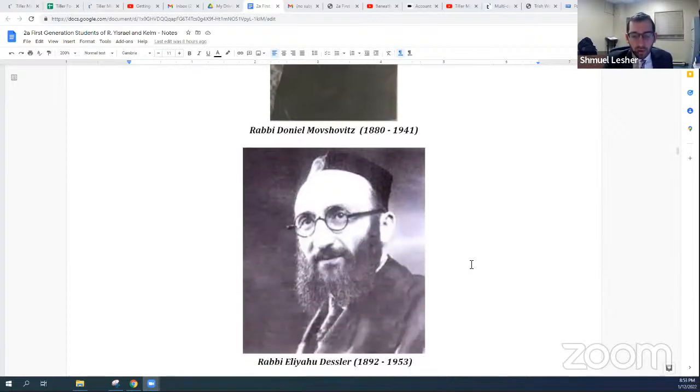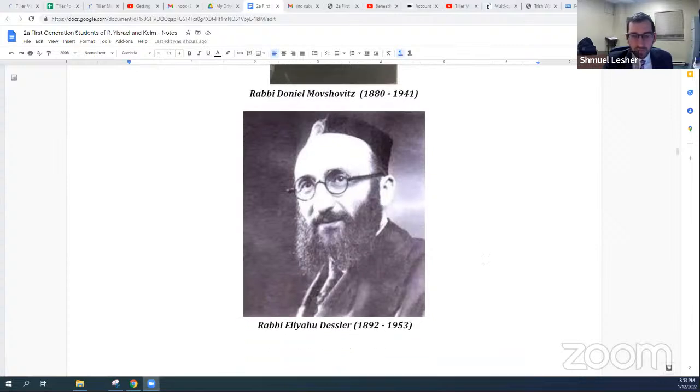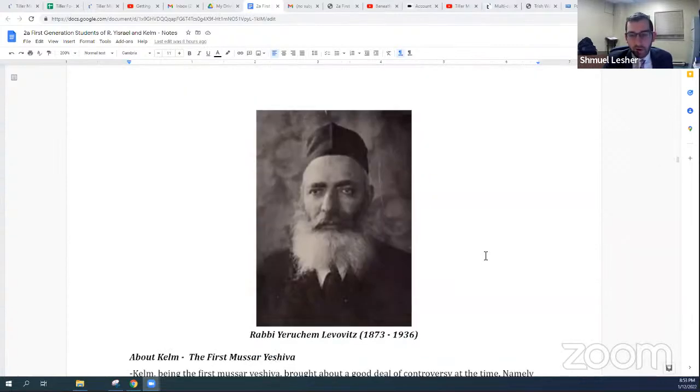Rav Eliyahu Eliezer Dessler, very well known as the Mashgiach in Ponevezh, studied in Kelm, and we'll talk about Rav Dessler. And Rav Yerucham Levovitz, the famed Mashgiach of the Mir Yeshiva, also studied in Kelm, and he brought the worlds of Mir and Mussar together, and by bridging many different worlds, he developed many special approaches